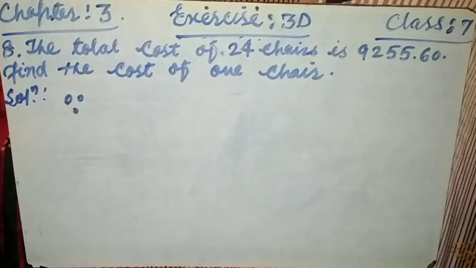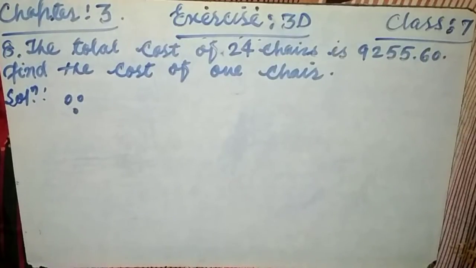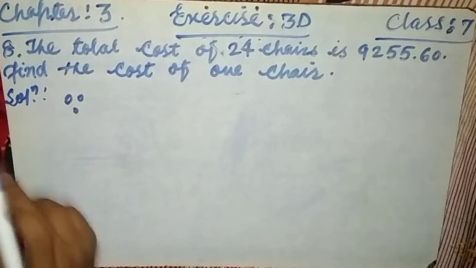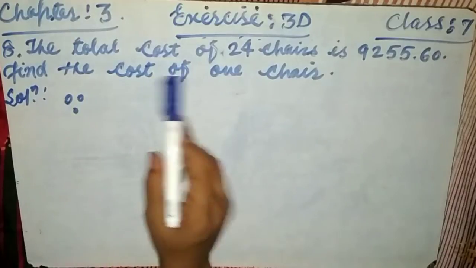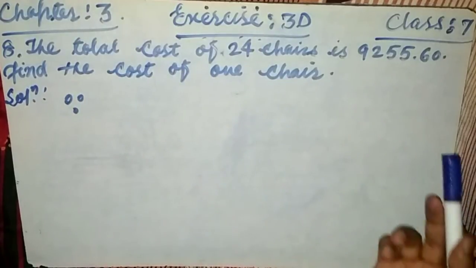Okay, very simple question. We have to understand the statement first, then find the clue for solving the sum. Here question number 8 says the total cost of 24 chairs is